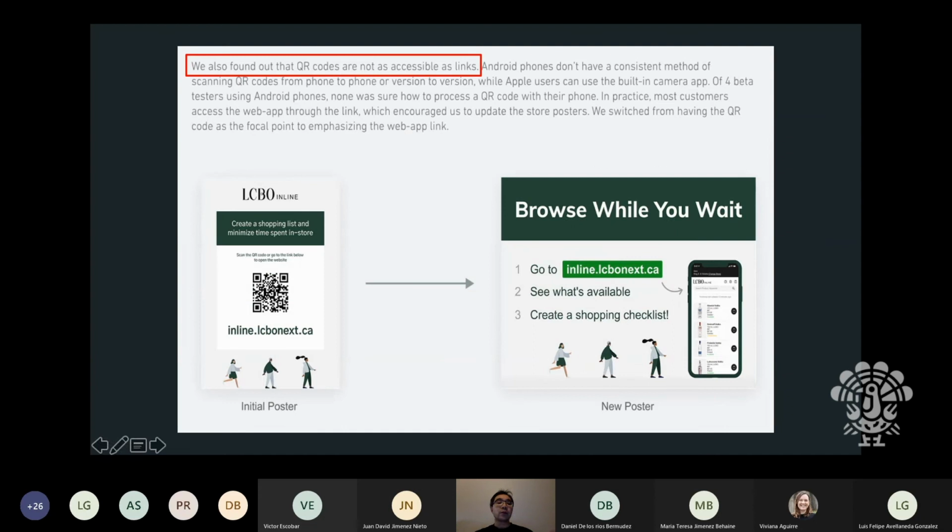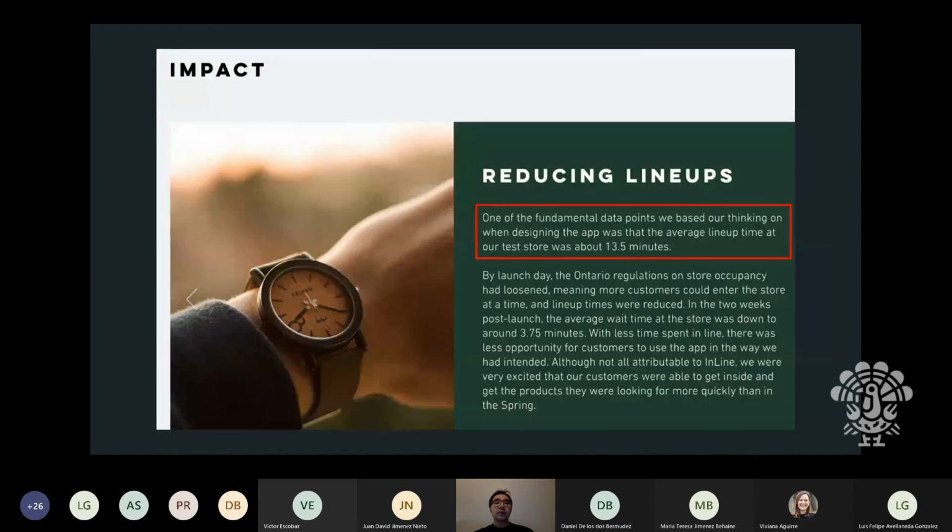All right. We started with a QR code initially, but then when we talked to the customers in line and asked them for feedback, it turns out that not everyone knows how to use QR codes or can use them easily. So we made a website instead, and we made a poster for them to look at. All right. So I'll skip some of those, but unfortunately,